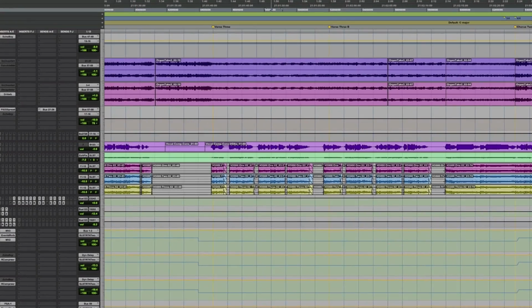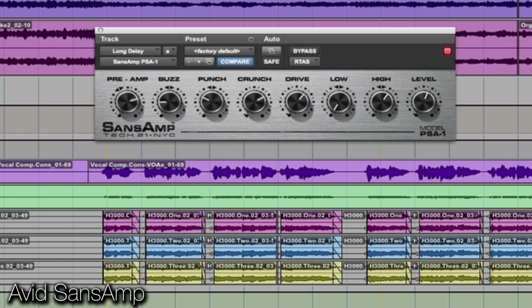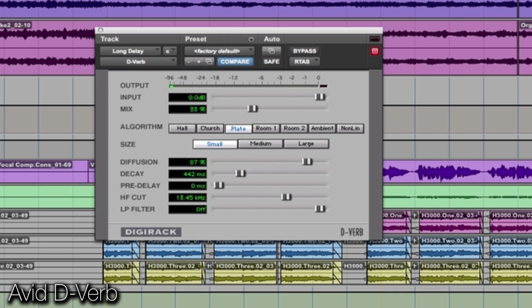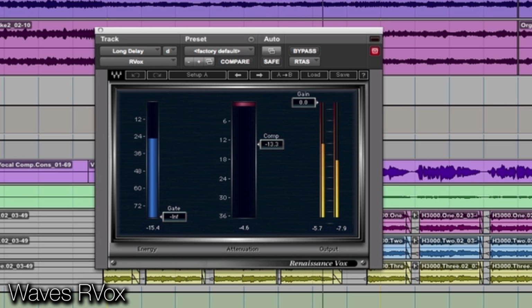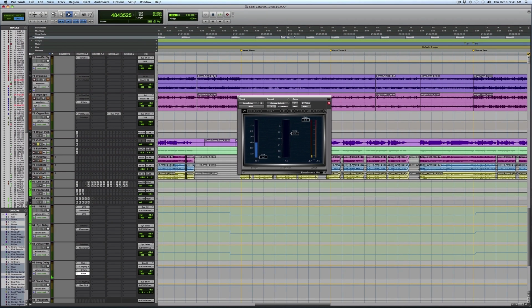So the little distorted delay there is done with a quarter note set using the Digi-Rack modulation delay, the most basic one. There's a distortion from the SansAmp going into it, so it's trashing it out. A little bit of reverb to make it more distant. And then it's being compressed by an RVox, so it's a little bit more even. And all we're doing is we're sending, you see here it's bus 59, we're just sending it from